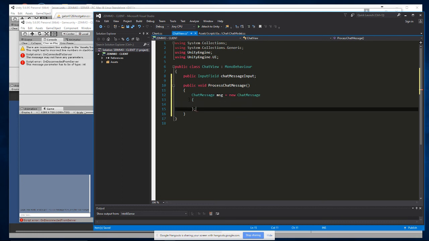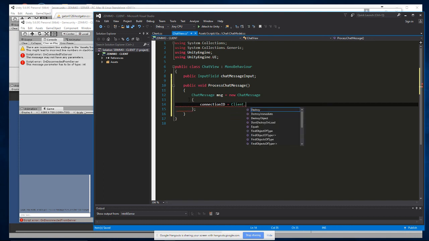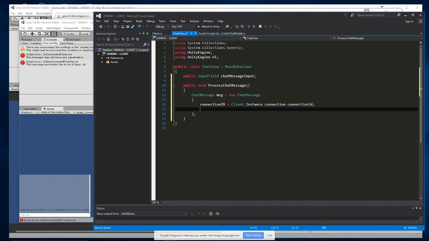Alright, we'll create that in the constructor for it. So every message has the connection ID of who sent it. So we have our connection ID equals our client dot instance dot connection ID, and then every message has a target,